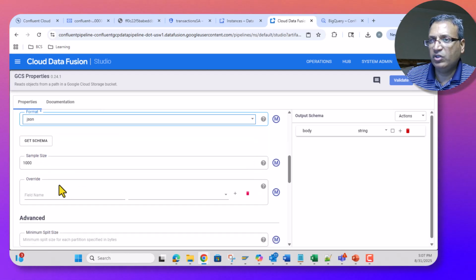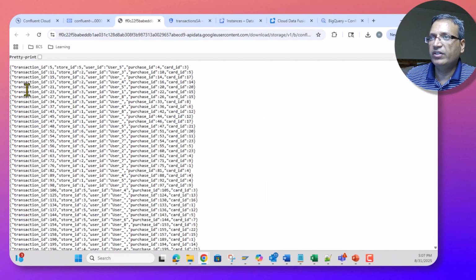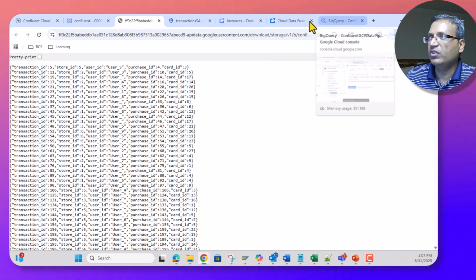Now the schema, we'll have to override and create the schema manually. So we can create the schema based on this. So transaction ID, store ID, user ID. So user ID and everything else is numeric. So transaction ID, store IDs. Let's go ahead and